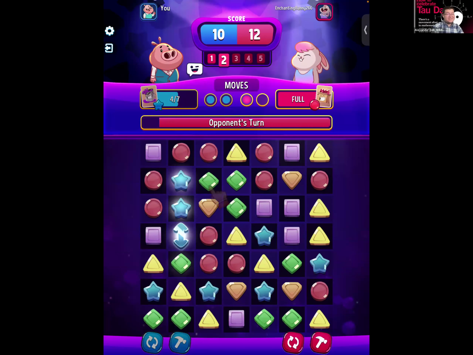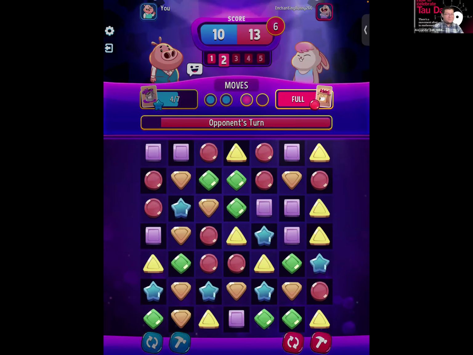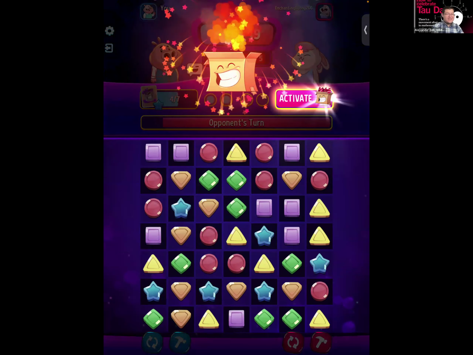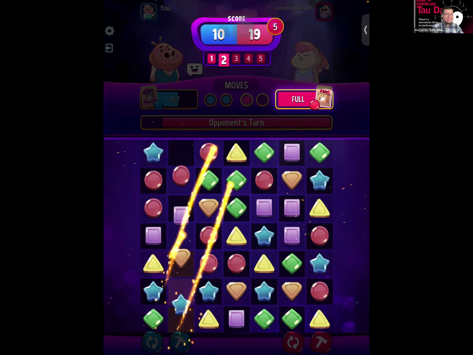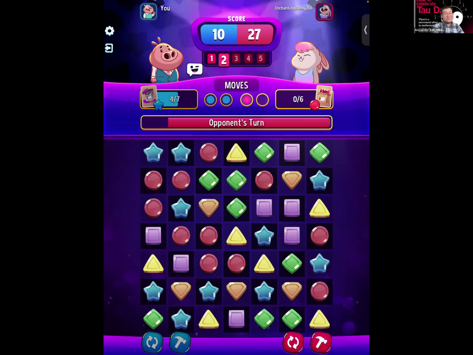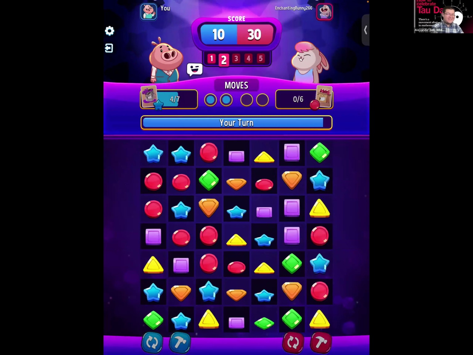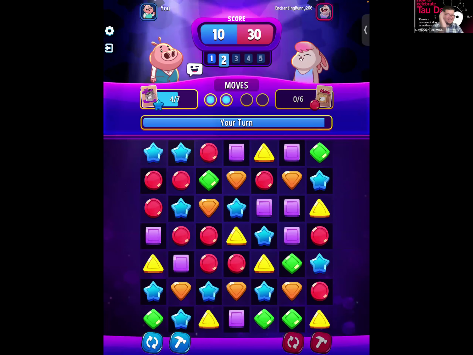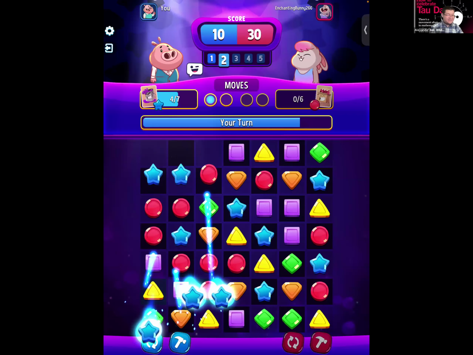But again, you can see their turn. And you see they activated their power up. So again, it's just a little bit different than some of the other match 3 games we may have played. So it's a welcome change. I like how it's set up. Look, I have 4 out of 7 blue. So look, I have this match right here that I can make.